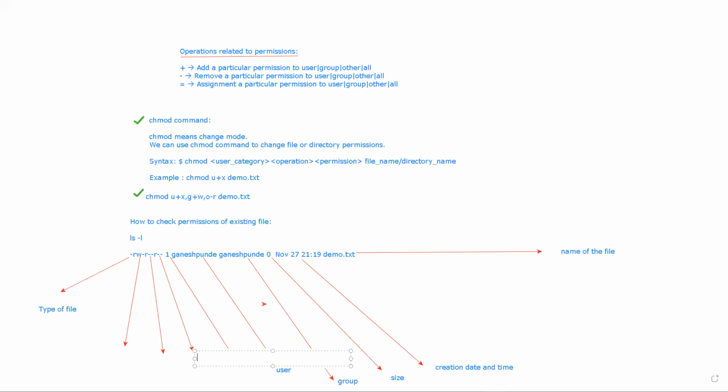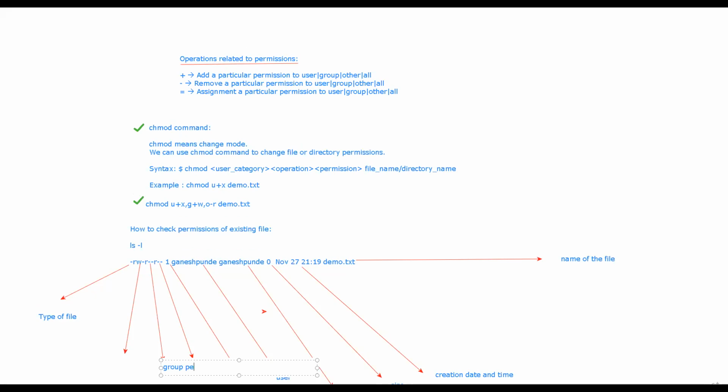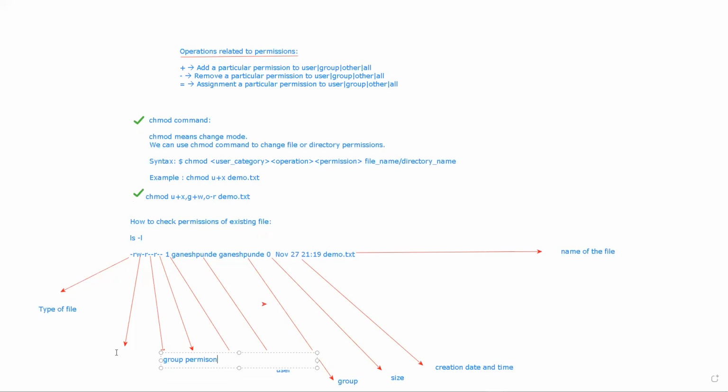This represents the other permissions, this represents the group permission, and this represents the user permission. So basically, in this diagram,